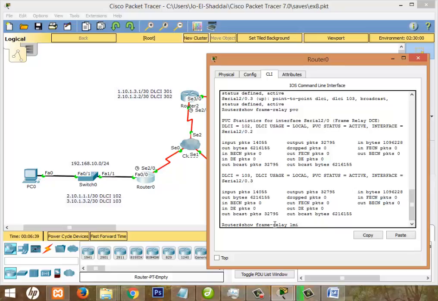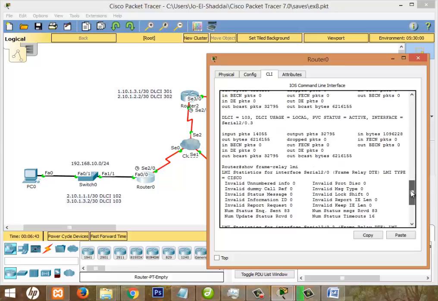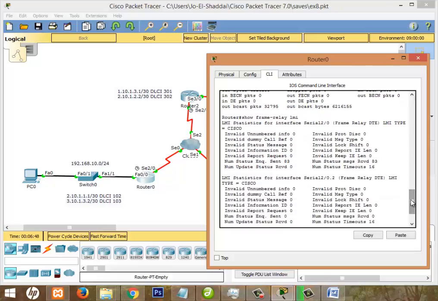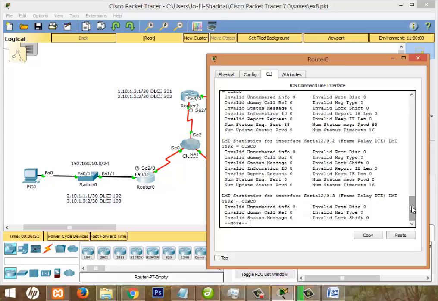Another command which we have used here is frame relay LMI. In the case of PVC we saw the PVC statistics. Similarly, here we have the LMI statistics, which show details about the status of messages received, timeouts, and many such details.